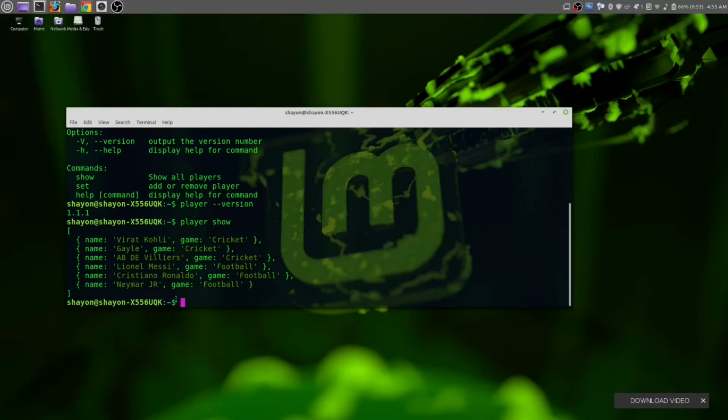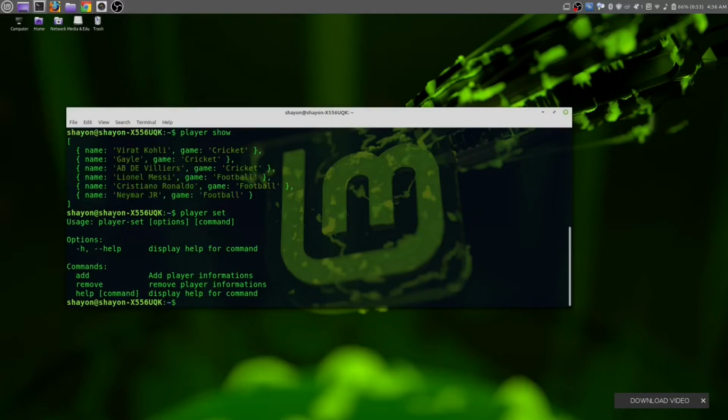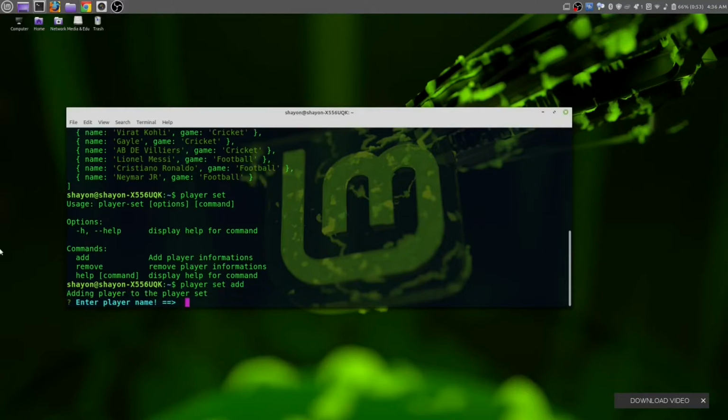So let's try that. For that we need to use the set command. This is the set command, player set. We can see in set command we have two subcommands, that is add and remove. Let's try add first. Player set add. It will ask you to enter the player name. So let's enter a player name,